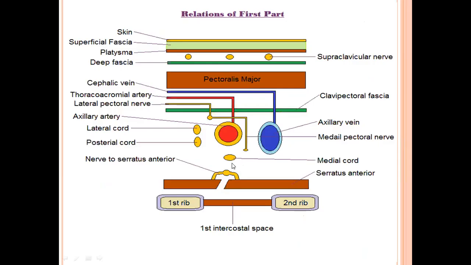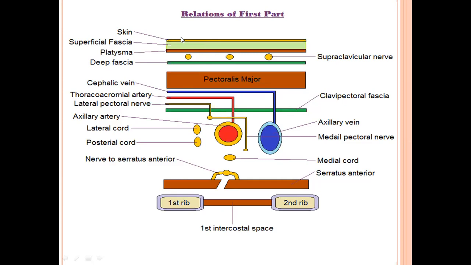Now, in the axilla I gave you a very clear concept of the picture, like what are the various areas we have. Suppose this is our axillary artery and this is our first part. So anteriorly, these are the anterior relations, these are the posterior relations. This is our artery, and this is medial and this is lateral.